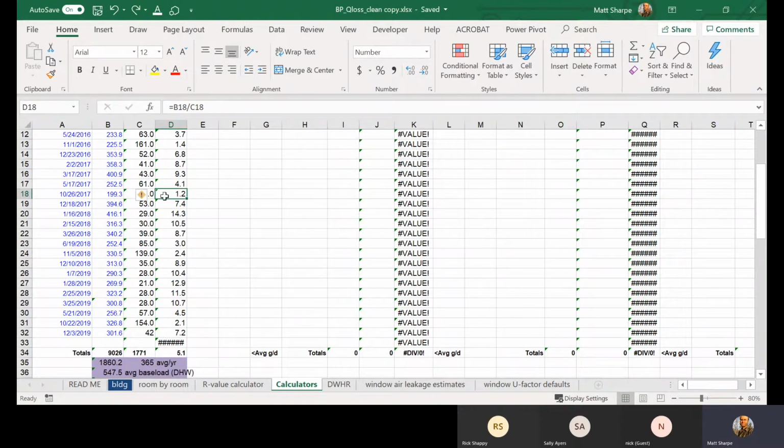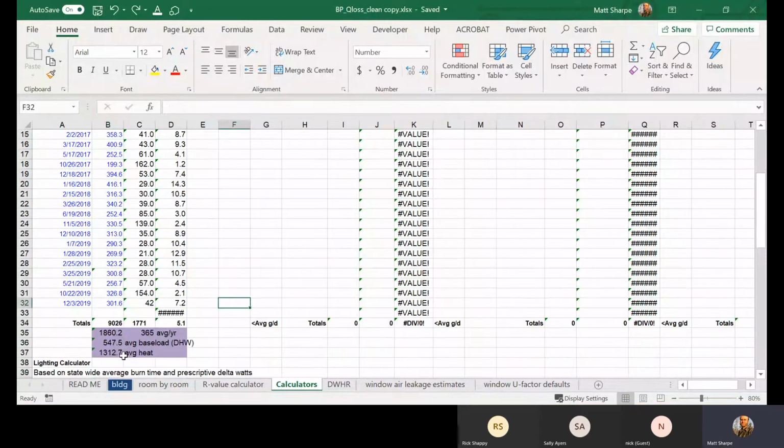So that's figuring out those averages, taking that 1.4, that 1.2, looks like usage went up to 2.4, maybe that's a little heating. Taking the average of all those, saying okay, that's 1.5. Okay, 1.5 times 365 is the base load, and then subtracting that out of the total gives you your amount of heating fuel. So this is just a calculator you can use to try to get to that answer of how much heating they use,